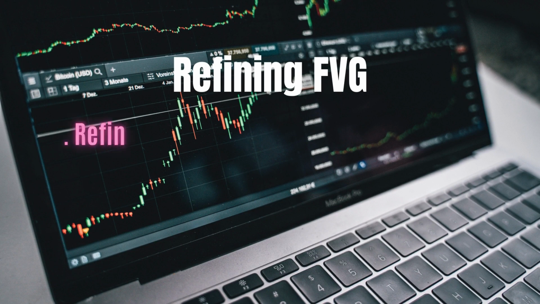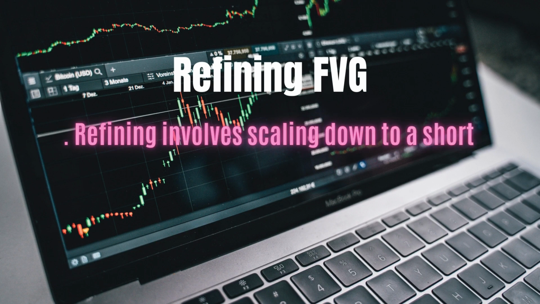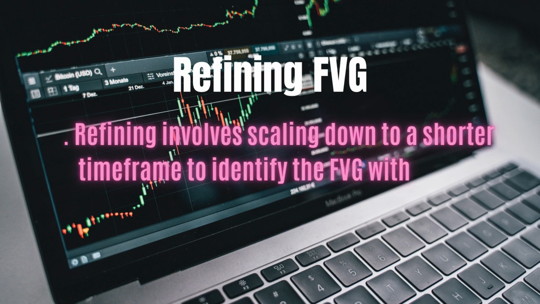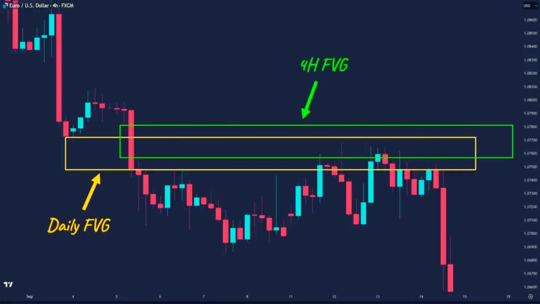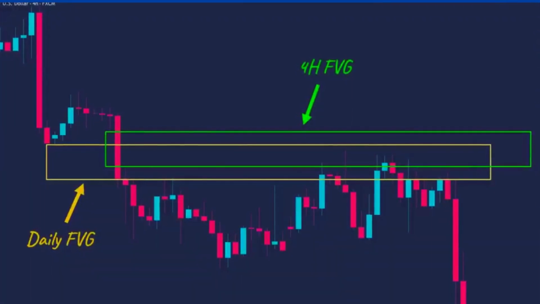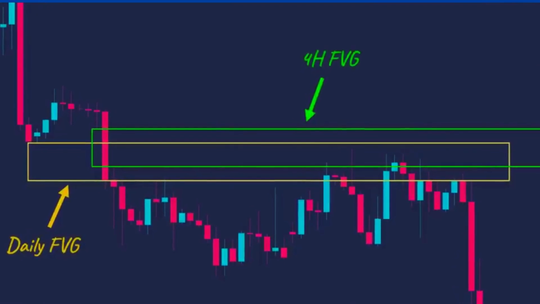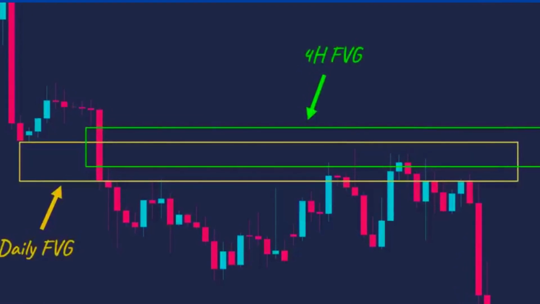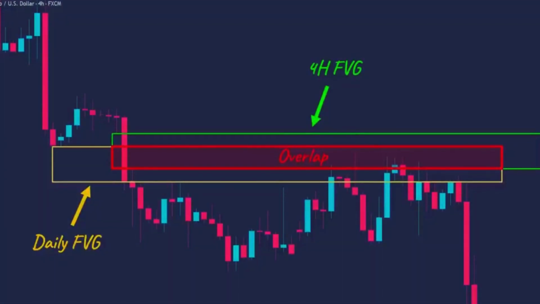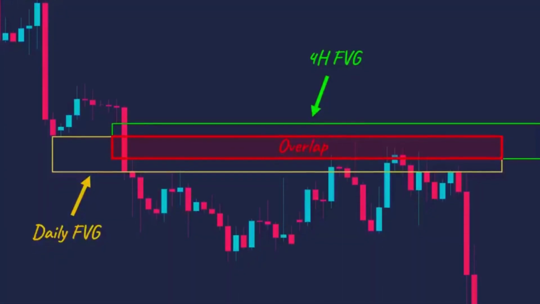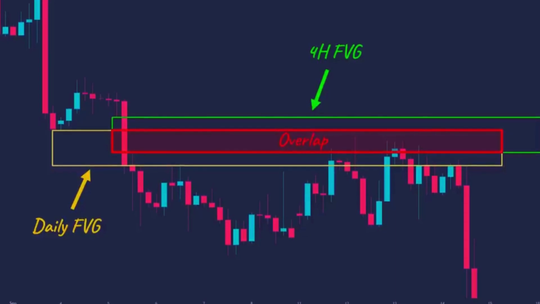Refining involves scaling down to a shorter time frame to identify the FVG within that specific zone. For example, zooming into a time frame one level lower, such as the 4-hour chart, reveals a fair value gap area. Although the FVG area remains the same, we identify a zone where the daily and 4-hour FVGs overlap, making it a powerful area for short entries. This refining method isn't limited to fair value gaps, it can be applied to refine order blocks, supply and demand